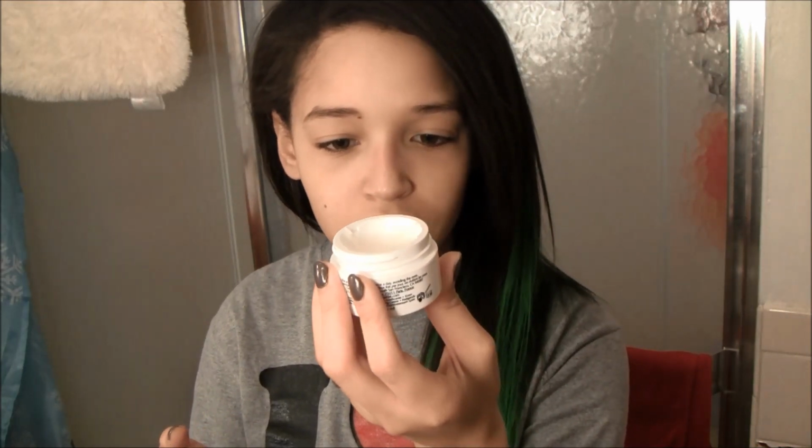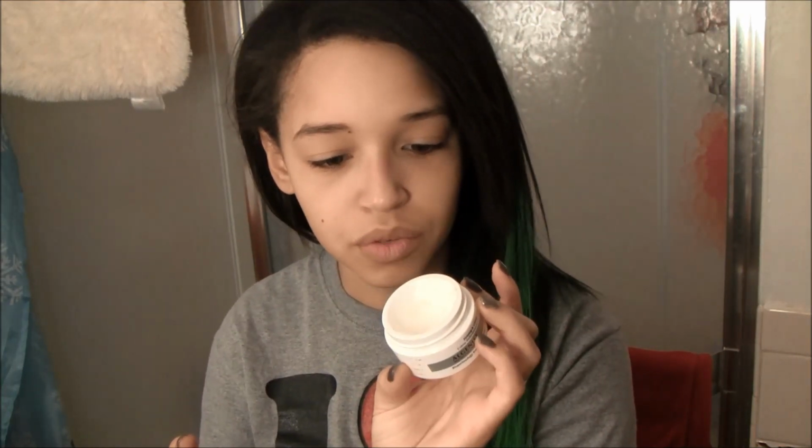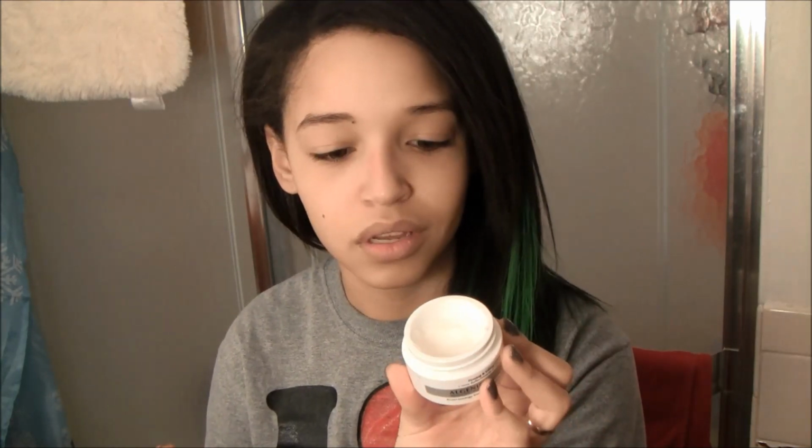So at night, to help with my foundation, I've been using this. I'll have it in my March favorites, and I'll talk about it a little more because I actually really like this stuff. I wasn't sure of it because I'm very picky about what I put on my face. I start with the Algenist Firming and Lifting Cream, which says put on your face and neck twice a day, which I only do once. But whatever. It says avoid the eyes. So I make sure that...